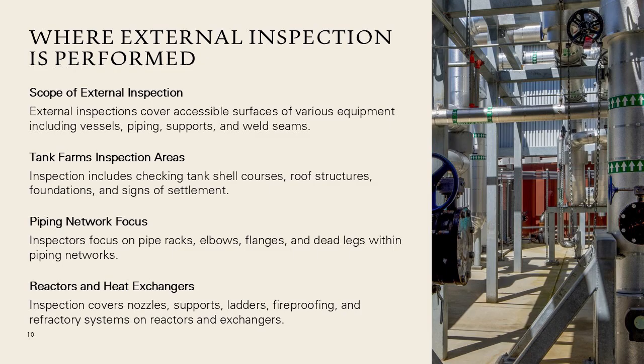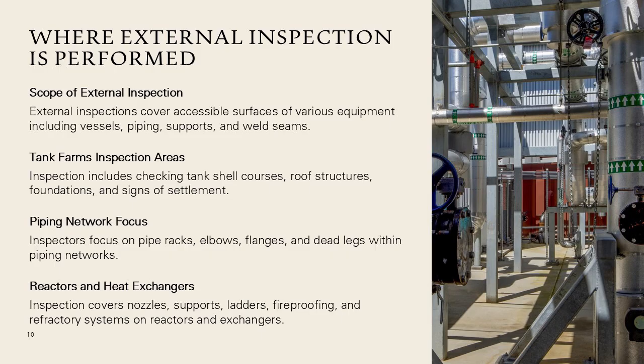In tank farms, external inspection includes checking shell courses, roof structures, foundations, and settlement conditions. In piping networks, inspectors focus on pipe racks, elbows, flanges, and dead legs. In reactors and heat exchangers, external inspection includes nozzles, supports, ladders, fireproofing, and refractory systems. This slide emphasizes that external inspection coverage is broad and must be systematic, ensuring all high-risk and high-exposure areas are